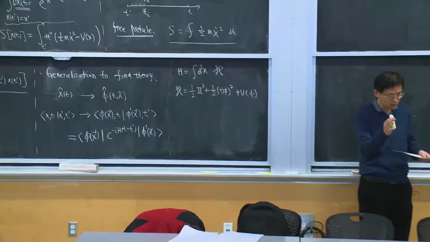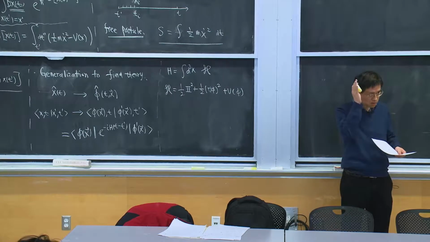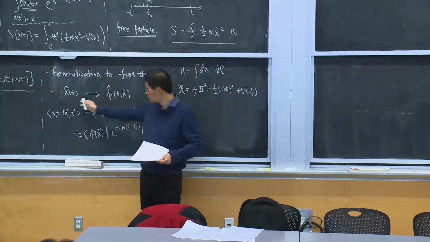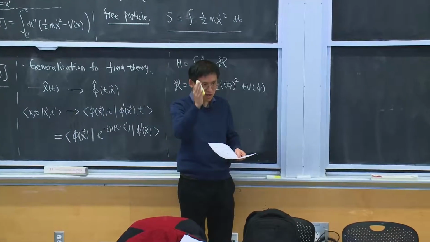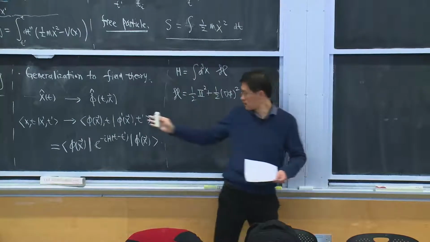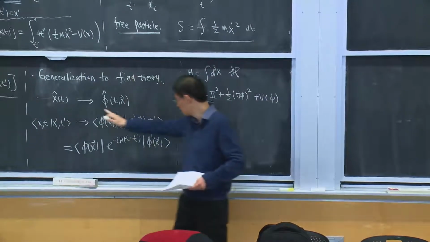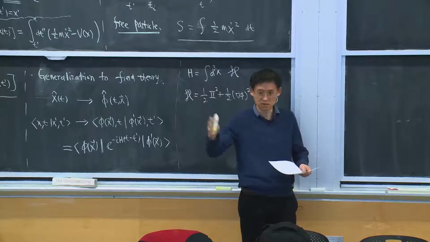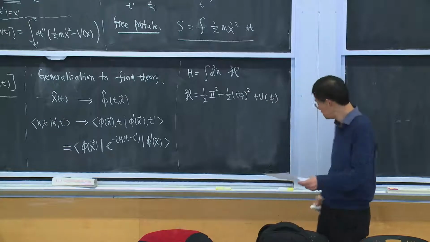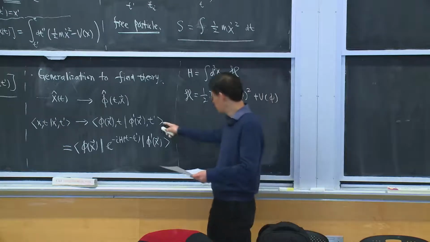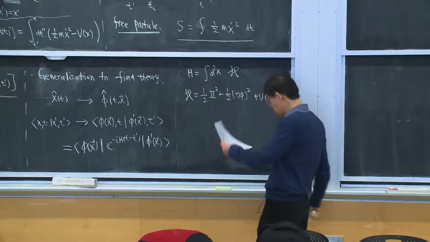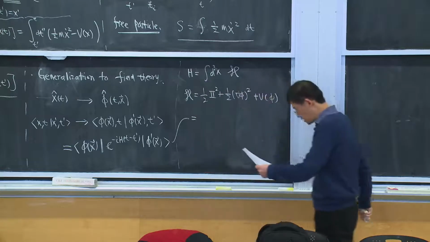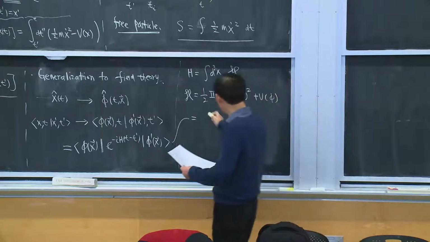Your notation becomes a little bit more complicated. But if you keep a very clear mind about the correspondence with the single particle case, then everything is the same. If you understand how to translate the notation here to the notation here, then everything just goes through exactly the same. So I will not repeat that procedure. Now you just find this quantity, and again we can write it in terms of a path integral. So now this can be written as a path integral of phi, where you integrate over all possible configurations of phi